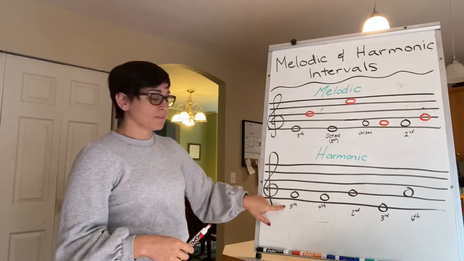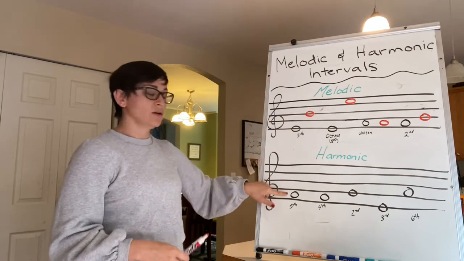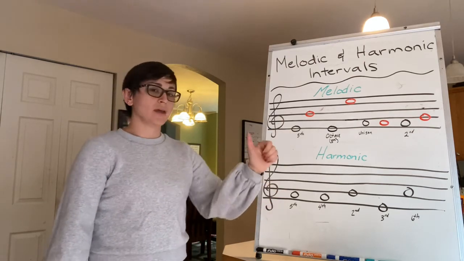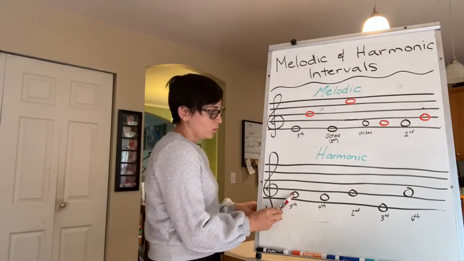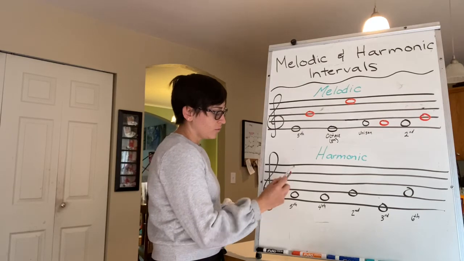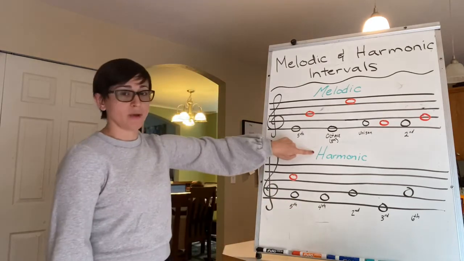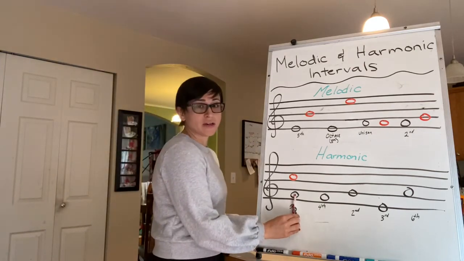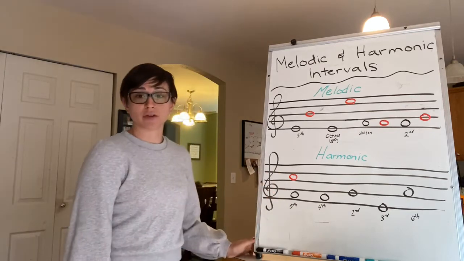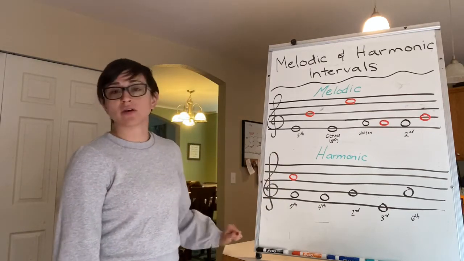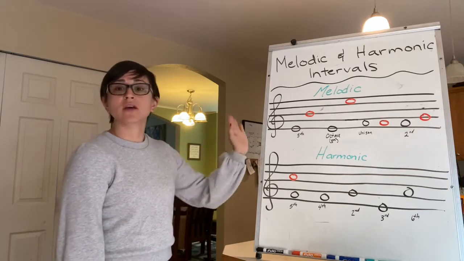A fifth. We've already done a fifth, right? So let's do it here. Right now we're on an F. F, G, A, B, C, or 1, 2, 3, 4, 5. Harmonic, played or sung at the same time. Notes drawn right on top of each other. Okay, that will tell your piano player, your singers, your band, all the things that it happens at the same